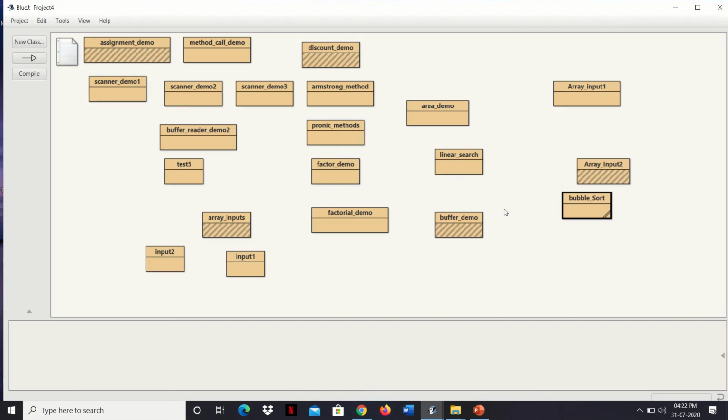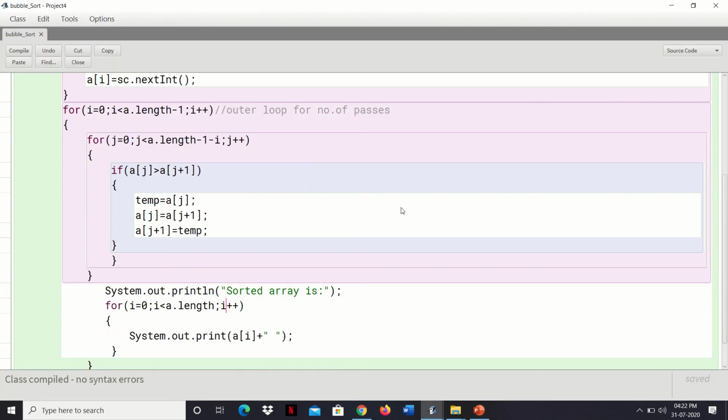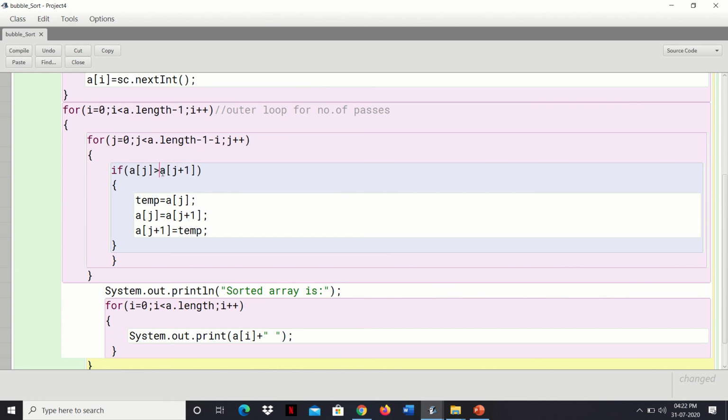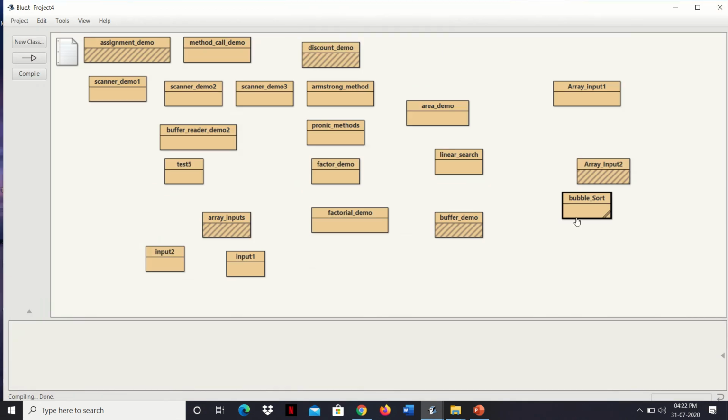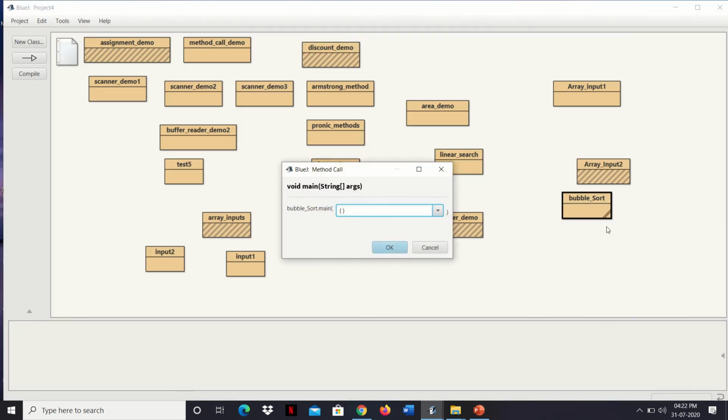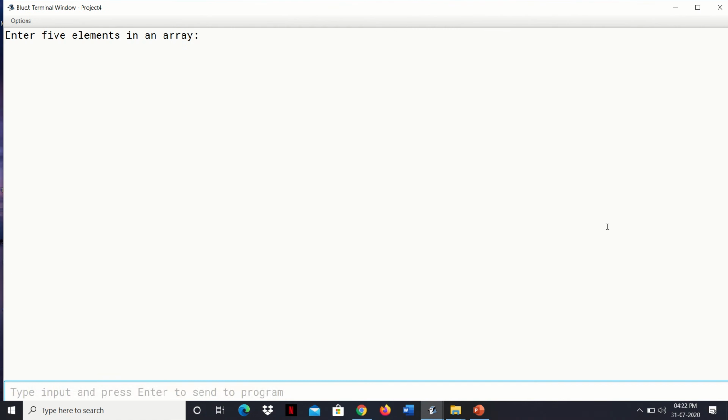If you want to sort in descending order, what change do you need to make here? Just change this logic, just change the symbol over here, and it will sort in descending order. Let's take 15, 16, 5, 6 and 8.